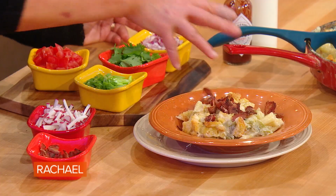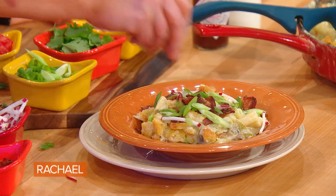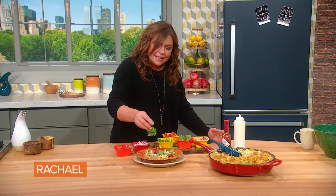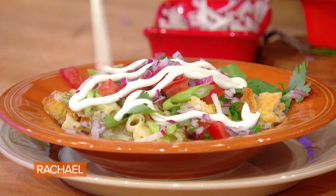Bacon, a little spicy radish, a little green onion, a little diced tomato, like it's a nacho, a little cilantro or parsley, a little red onion too, a little Mexican crema or sour cream,